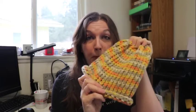So there's that, which I'm honestly kind of disgusted with. I mean, it looks nice, but I'm pissed that it won't even fit my 4-year-old. So there's one. Next, I finished my socks, my crochet tube socks that are from a Red Heart pattern that